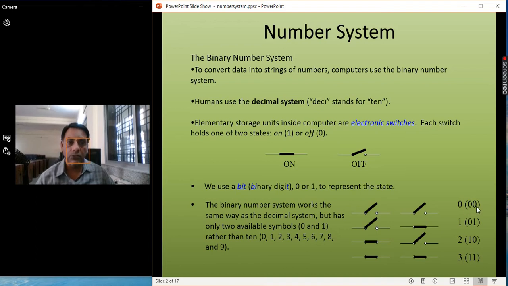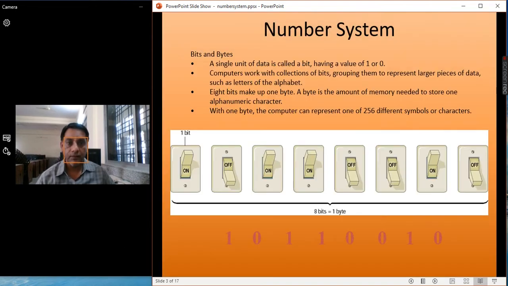You can see here 0, 1, these are the two switch operations, and when there is a series of operations, a lot of numbers are actually recognized by the device. Now you can see in this slide there are lots of switches on and off. You can see here when the system is off and on, the switching pattern is here.